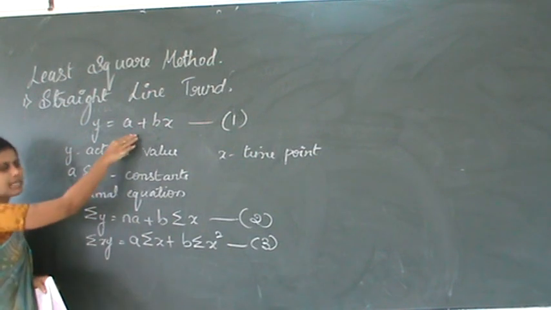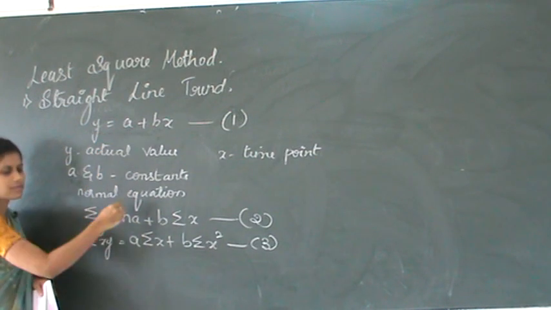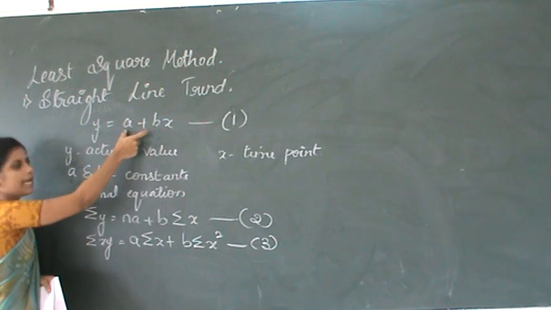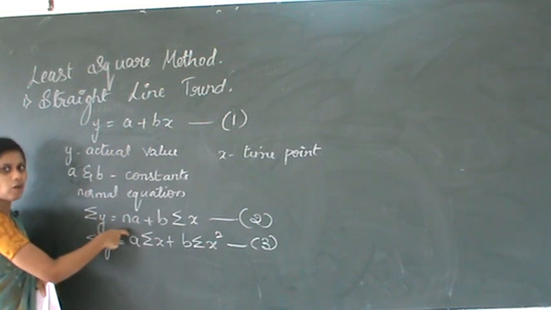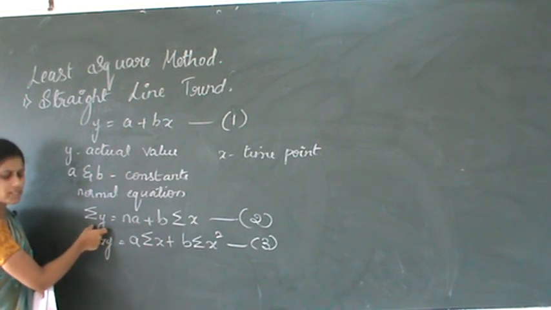The first equation is the straight line equation, which is y is equal to a plus bx. In order to find the a and b values, we are going to apply the normal equations. The normal equations are summation of